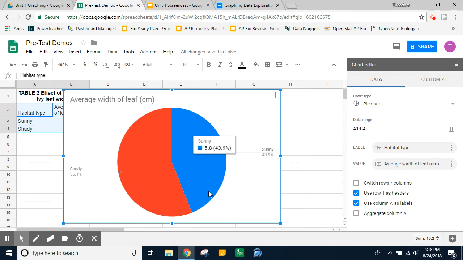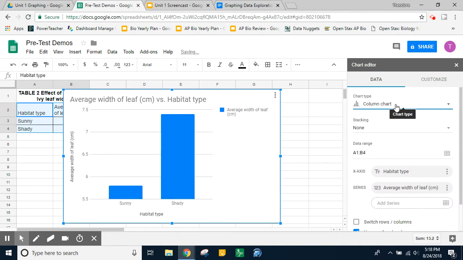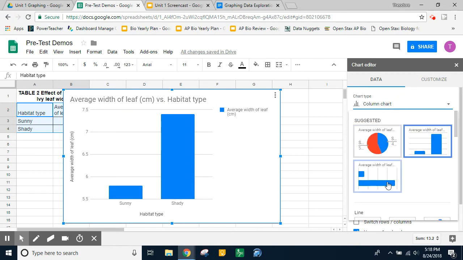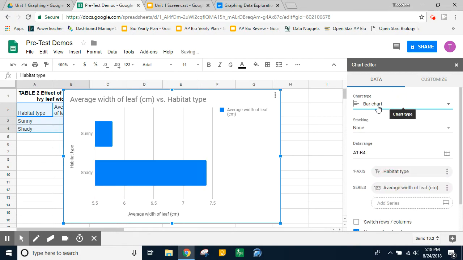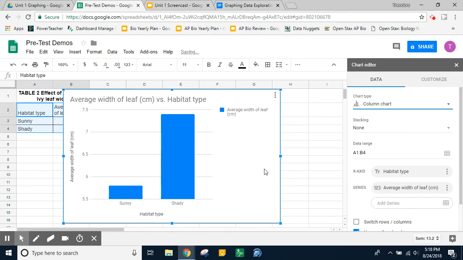And I do not want to make a pie chart, so I need to go to Chart Type. And even though they call a bar graph the sideways one, I want the column chart. Okay, because I want my bars to go vertically. This is called a bar chart on Google Sheets, but I want the column chart. Okay, so from there,